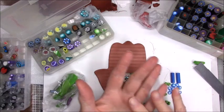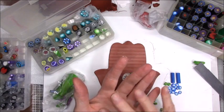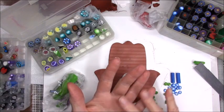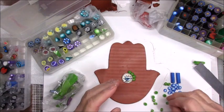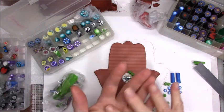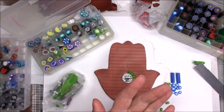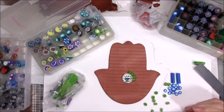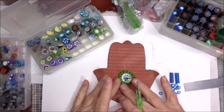I'm going to roll this in my hand because that way it can get warmer quicker because it has a larger surface. Rolling it on the cardboard is just going to make it that much colder. But this is going to hide the white that's in there. And I'm not finished with this yet. Matter of fact, I'm not going to make you wait while I do this. I'm going to stop the camera and finish with the little green balls. Be right back. Okay, you can see I've got all the little green balls rolled now, and they're all placed